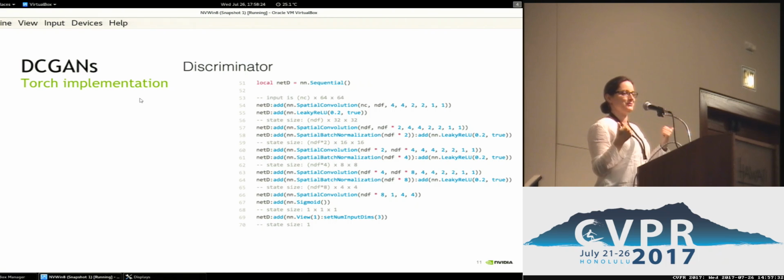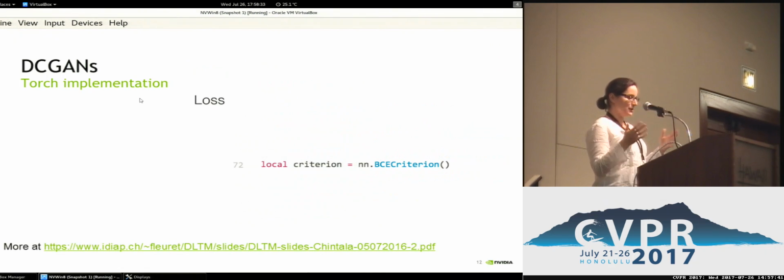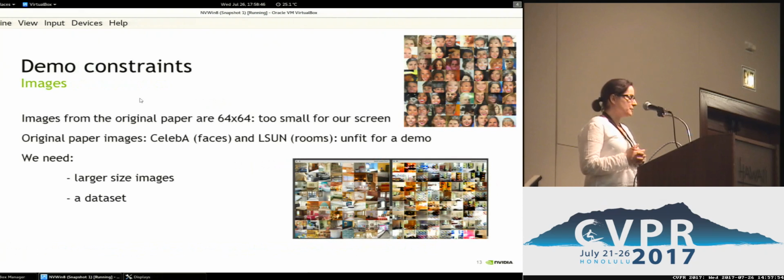So yes, I did what everybody tells you not to do as a teacher: never show code on the slide. I did, and I'm going to do it again. The reason is that the loss is very simple. That's basically what the code looks like. But behind those maybe 70 lines of code total, there is a lot happening that is very difficult to master.